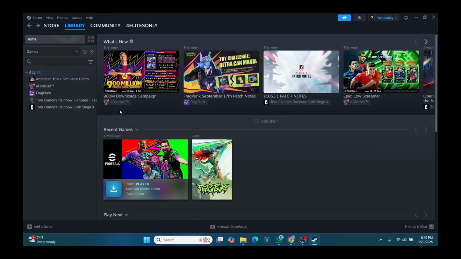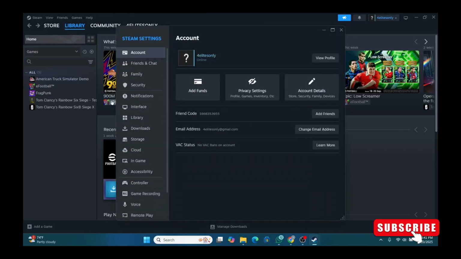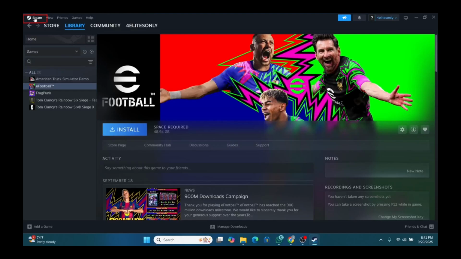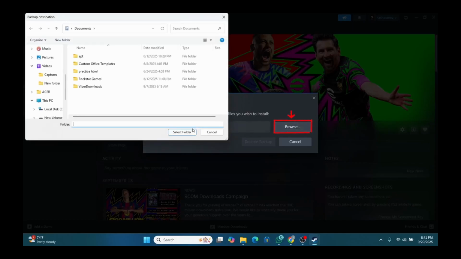And what you can do is you can restore from backup. Once you open up Steam, you can go to Backup and Restore under your settings. Go ahead and look out for that here, or go to Steam at the top and look out for the option for Restore Game Backup. Click on it, and from there just choose the directory, click on Browse and select your